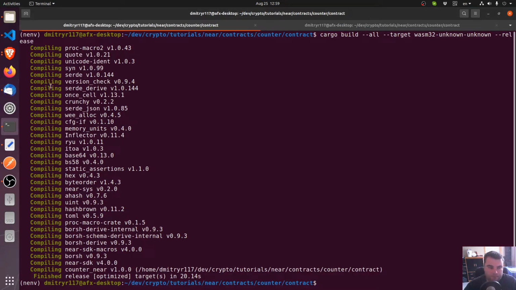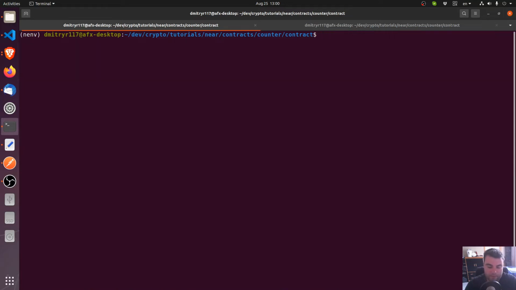Now, let's create an account in which we're going to store this contract and deploy the contract to the account. So our parent account is going to be a.test.near, same as in the last tutorial. So let's do near create-account. So let me clear the screen: near create-account counter.a.test.near,